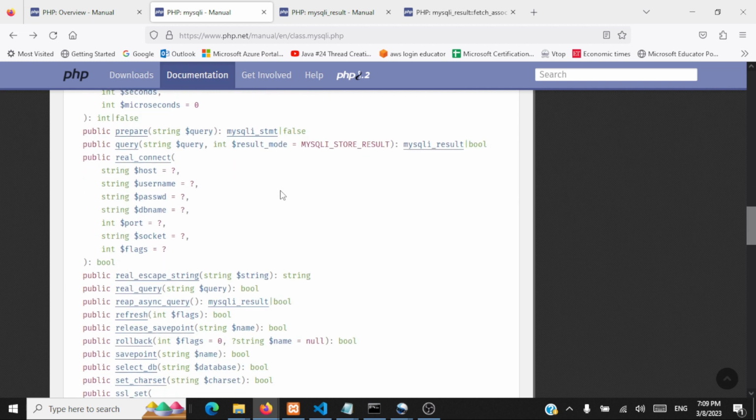That is one method for executing a query. Another method for executing a query is the query method itself, wherein we can directly execute the query by passing the query as a string to this method. It returns a boolean value when you perform an insert or update, and it returns a MySQLi result object when you're performing a select operation on the table. We also have this prepare method, which is used for binding parameters to the query